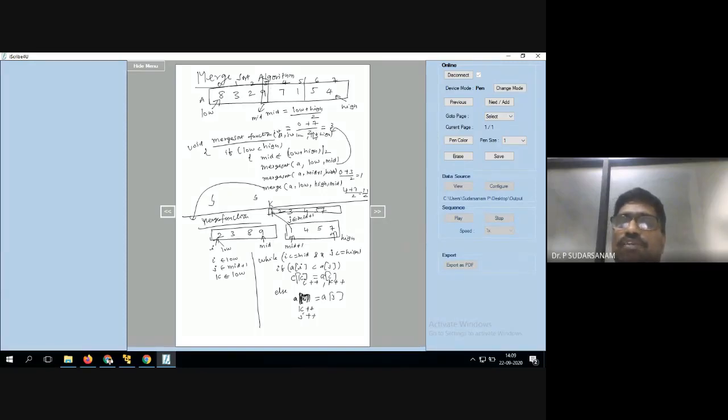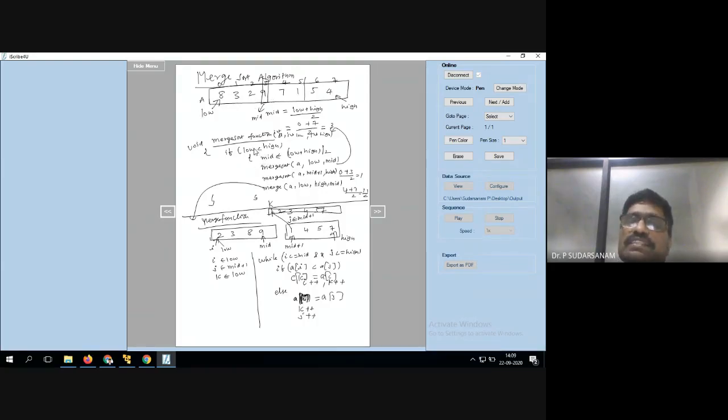What will happen once you call this? Next, mid will be copied to high. That means 0 comma 3 will happen: 0 plus 3 divided by 2 gives 1. So the 8 comma 3 elements, next 0 plus 1 divided by 2, and 8 comma 3 is separated. Now you will be doing this merging. This is what happens for the first part of the array.